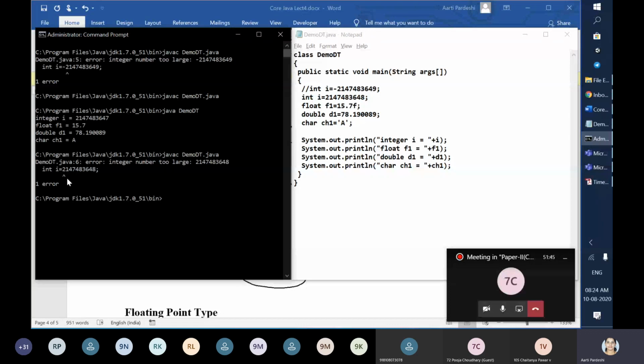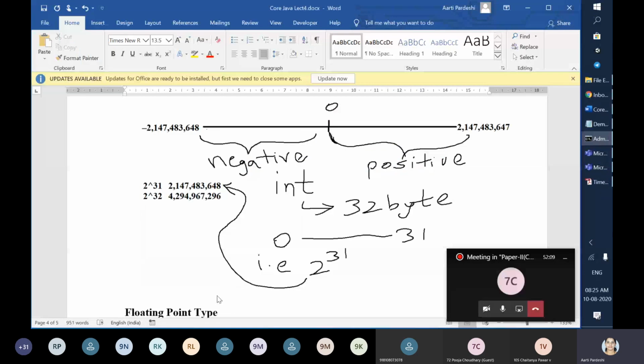I suggest int, float and double, not char. For int, float and double, precede the type with the keyword unsigned. And you will see that for an integer i, only positive values will be assigned. Then it will be this value